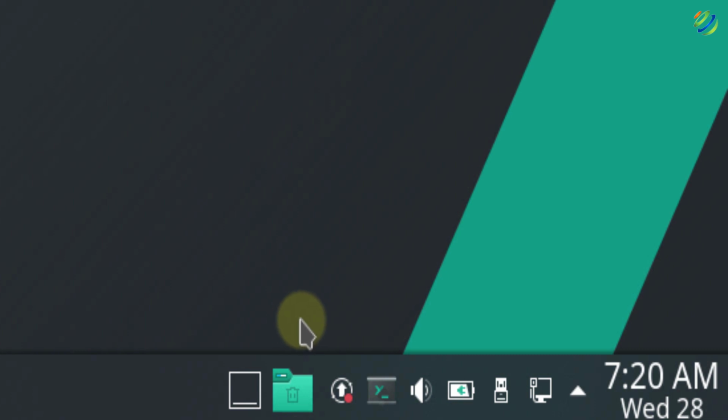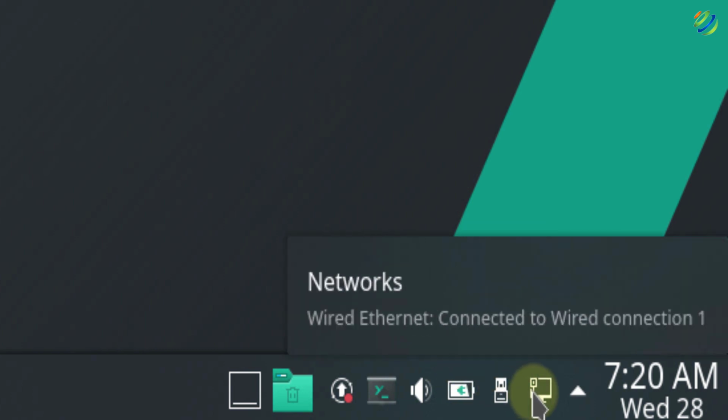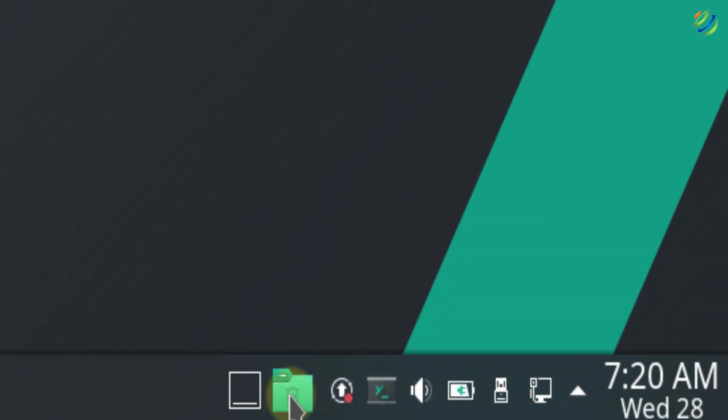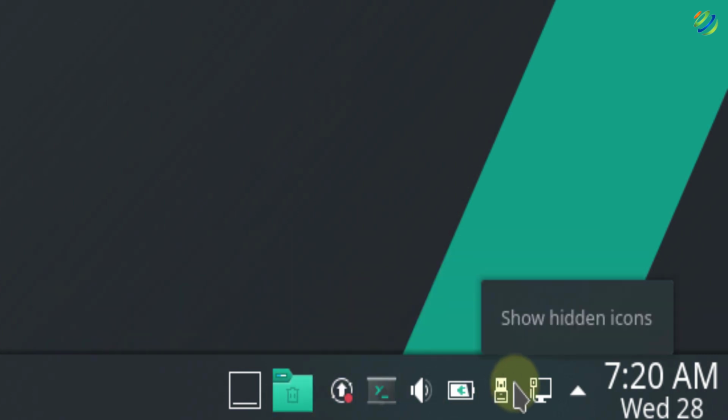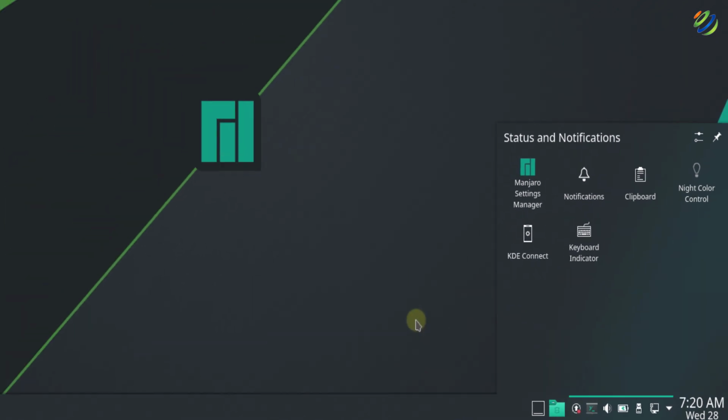And you might have noticed that we have more options in KDE Plasma as compared to GNOME 40. So here we have the volume button, we have battery status, we have network connection, and we have different other options here. And if I click on this icon here, it shows more utility options. So in KDE Plasma, we get more functionality and more features at one place.